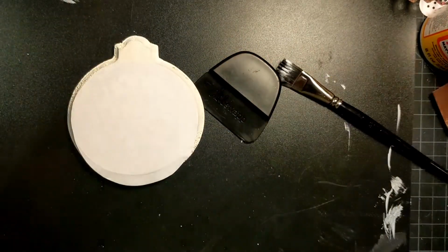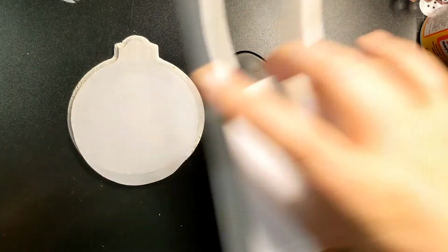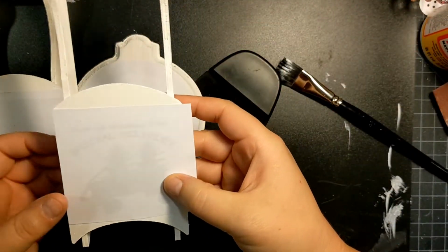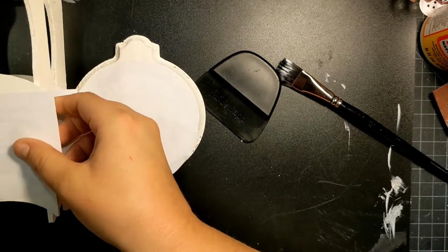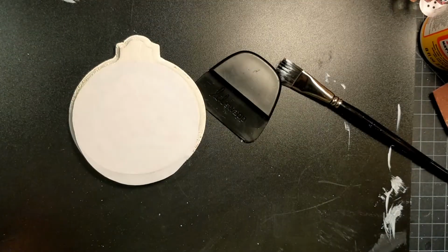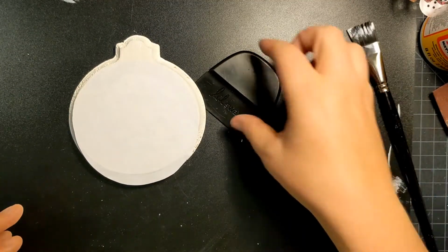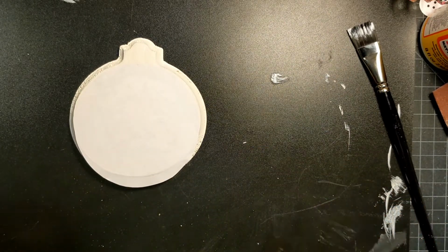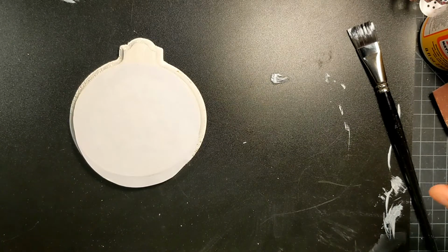Because I have no idea. And then I have these two that have been drying overnight. They're both little sleds. I have no idea how these are going to turn out, so I guess we could find out together. Okay, so once you have that drying and you're ready, because it's dry,